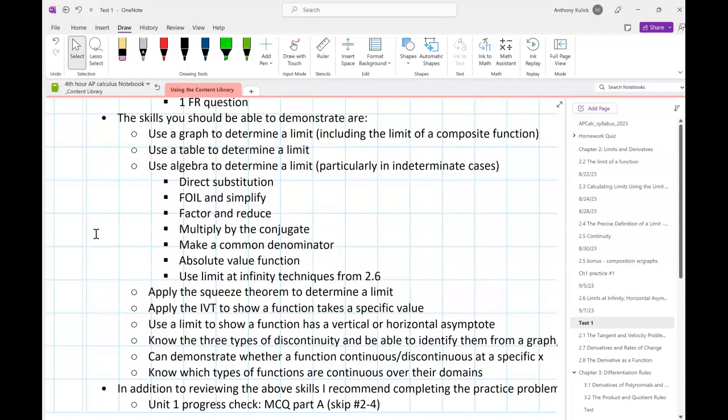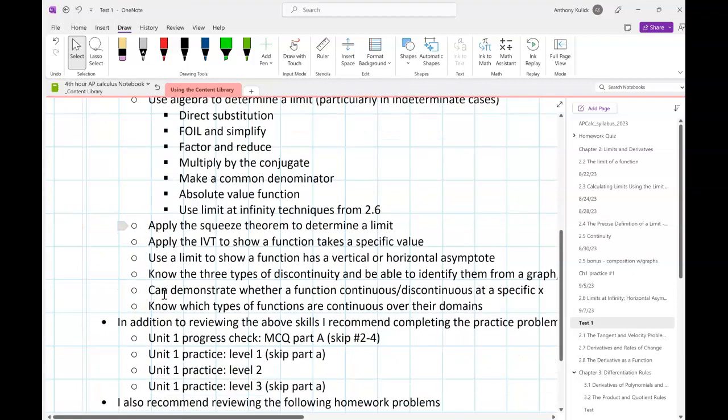What do we have to do with absolute value functions? You split it into positive and negative. Right, you look at the left-hand limit and the right-hand limit, using either the positive version or the negative version of the absolute value. Mm-hmm. And then our limit at infinity techniques that we've talked about in 2.6, like multiplying by 1 over x to the n, or using that the limit as x approaches negative infinity of e to the x is 0, that kind of stuff. You should be able to apply the squeeze theorem to determine a limit,